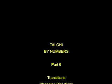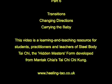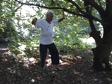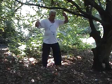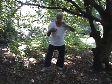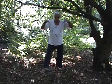Okay, now for the transitions from one direction to another and from one side to another. These are what beginners can find more challenging. Here's the double-handed ward-off, the single-handed push, and now he's turning, stepping with an empty foot and going into the front ward-off, one of the very first moves. Roll back, press, protect face with tiger's claw and push, and then the single whip